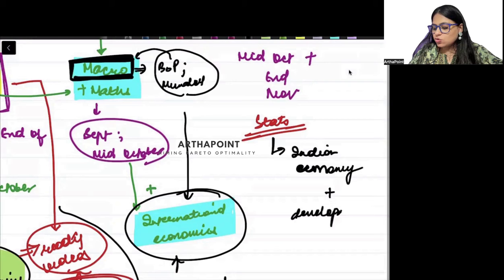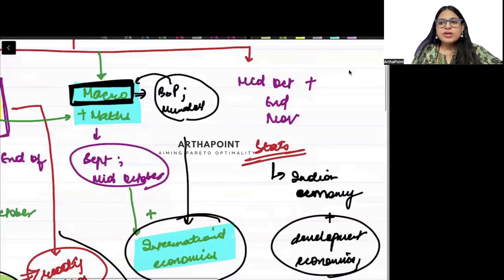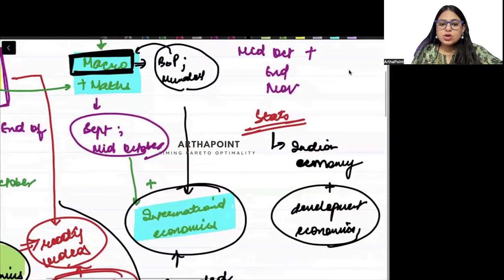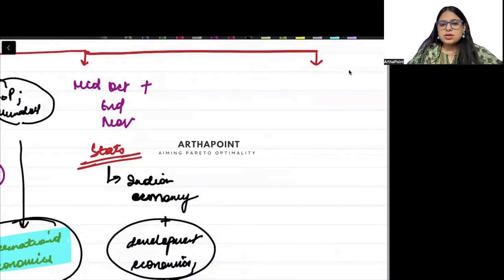So you will go ahead and do the remaining development economics that is given on your portal, and you will finish that development. Okay, you will do this by the end of November. So when we are at the end of November, you would have covered all of your syllabus. Now there is still something left to be done, right? So mid of October to end of November, you have done this.